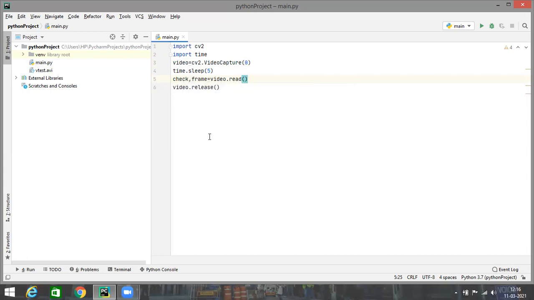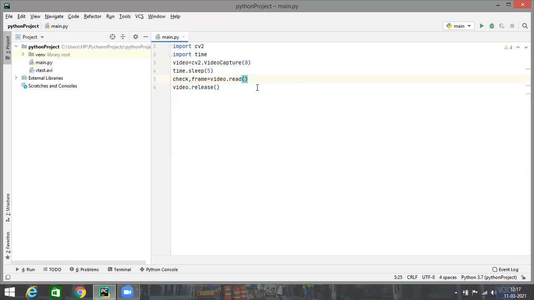Now check will return either true or false depending on whether Python is able to read the video correctly or not. And frame by default takes the first frame which is being read by the webcam. Okay. So the first frame comes here and gets stored in the frame variable. And we have introduced a delay of 5 seconds, so that the camera is on for at least a 5-second duration, so that the first frame can be captured correctly. Okay, so that is what we have done so far.